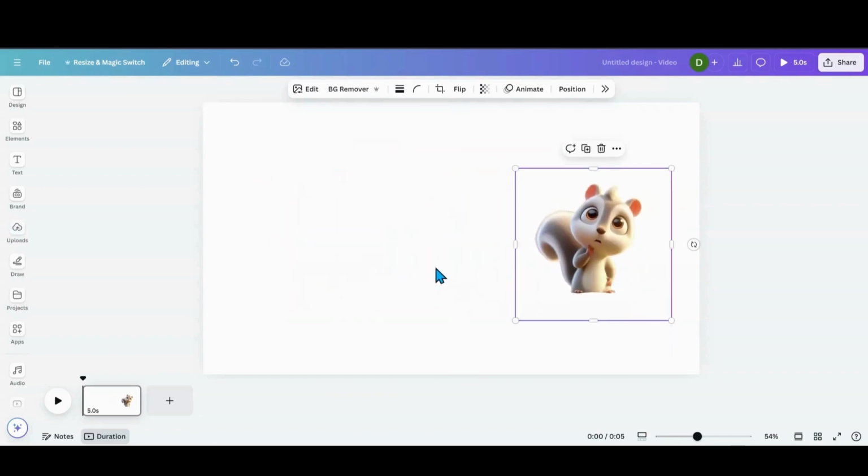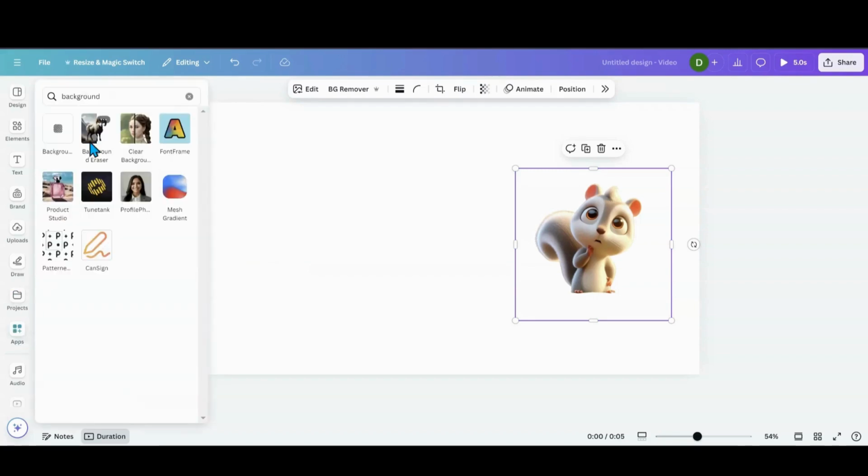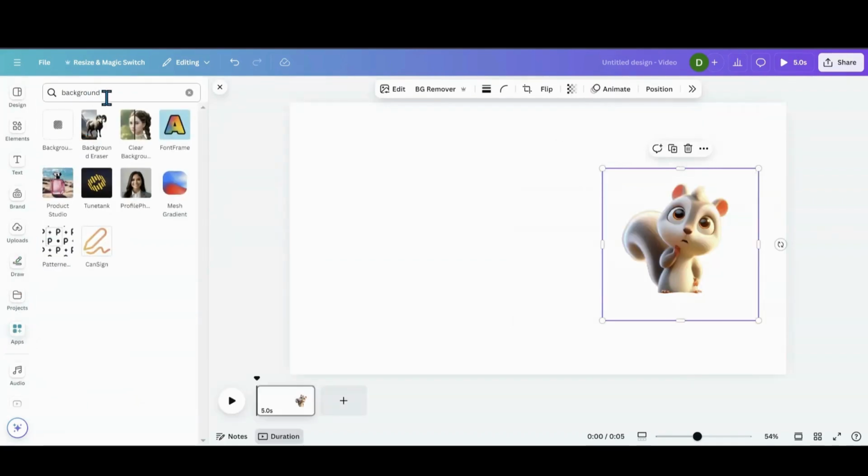Now, Canva has two apps for background removal, but they're not the greatest. So that's why I put them last, but we'll go check each one of those out too. So what you want to do is go into your apps, put background in your search bar, and you'll see this one right here. It's called background eraser and clear background. So we're going to do both, so I can show you just how